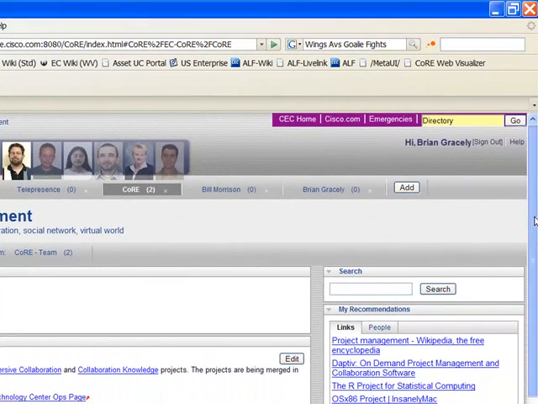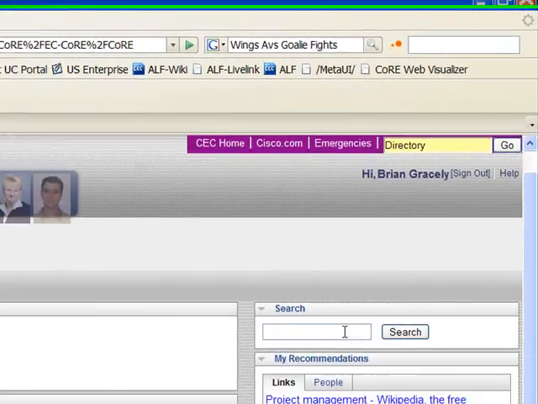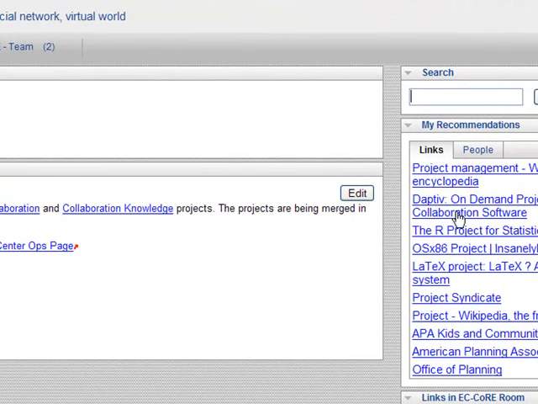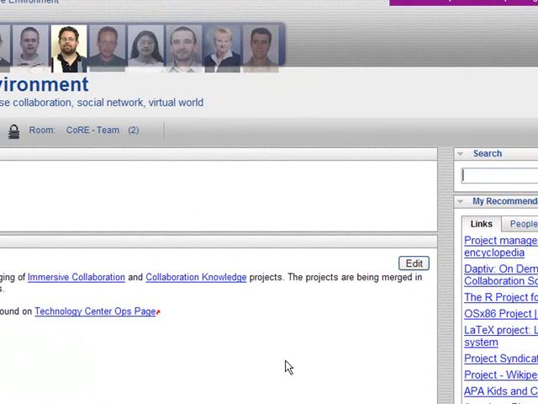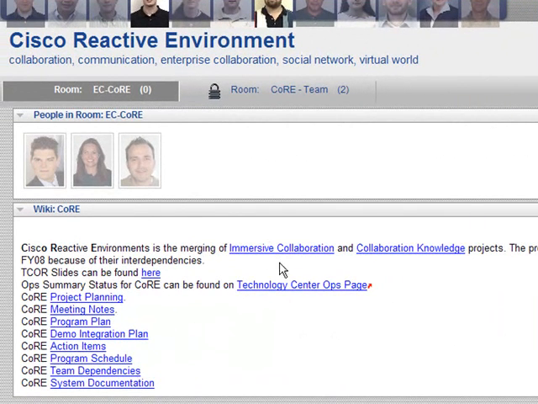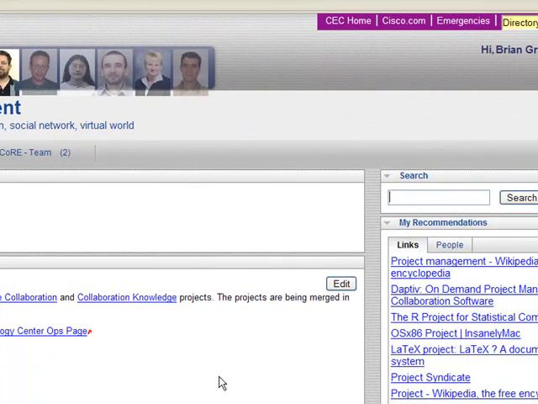The other thing that I'm going to see about this is over here to the right, which we haven't talked about yet, is we're going to see that at any point I can search throughout this environment, and I'm going to get dynamic content that is going to be recommended to me based on some inferencing technology that we built that allows me to take a look at this information here, put it in the context of the information that's been placed against the room, both the title of it as well as some tags that have been placed against it, and try and do some dynamic searching and inferencing for other content that might be relevant to